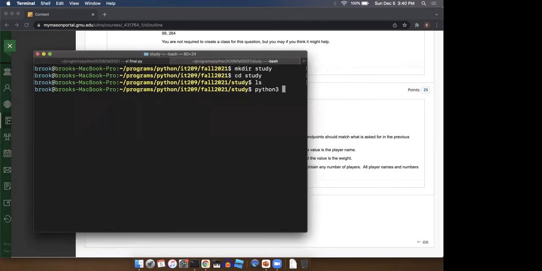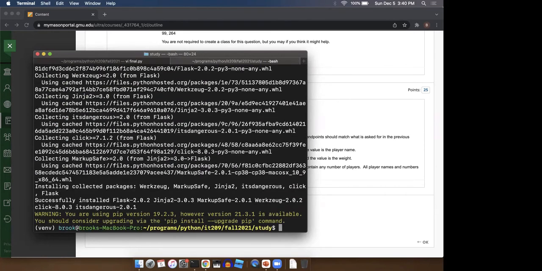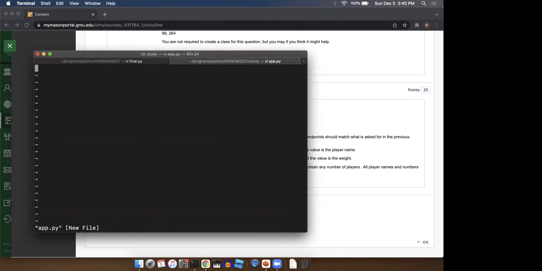So I'm going to do python3 -m venv. This is just so I can make sure I have all of the modules that I need. Once I've installed my virtual environment, I'm going to activate it. All right, so it's now active, and now I can go ahead and pip install Flask, because that is what I'm going to need. And if I were to go ahead and create a file called app.py,